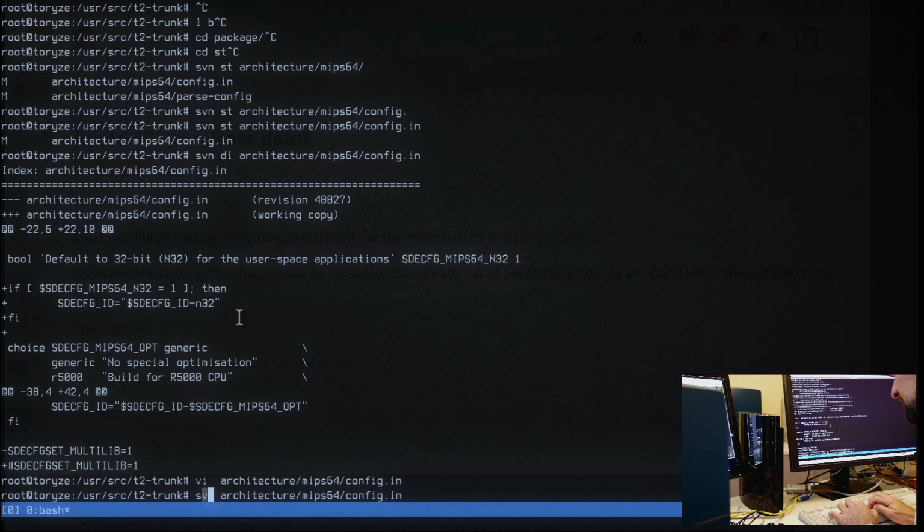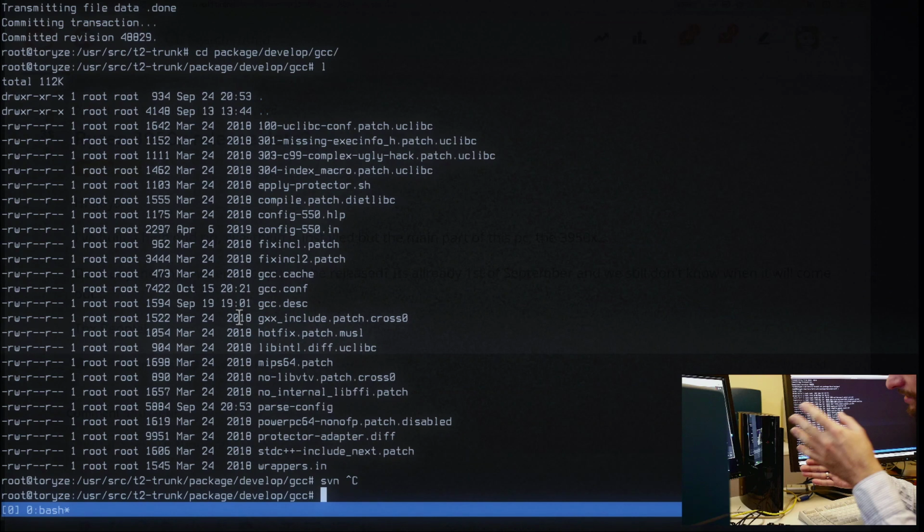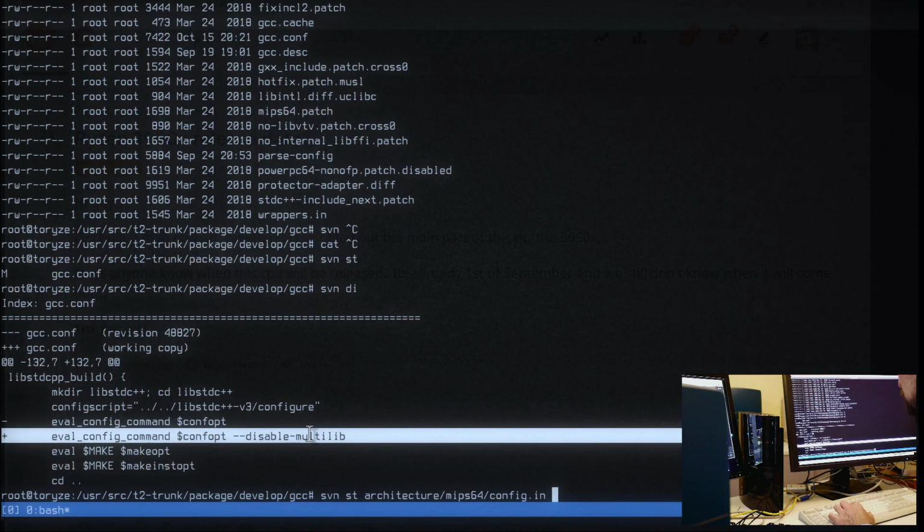MIPS64. And another thing is that by default GCC actually builds quite some multilib. Multilib being, normally you have only /lib, except if you run 64-bit architectures, and usually you have this in lib64 and regular 32-bit compatibility in /lib, like AMD64 with Intel i386. And on MIPS, for a strange reason, this is only a quick hack, because otherwise it segmentation faults. This is why I disabled multilib for N32 for